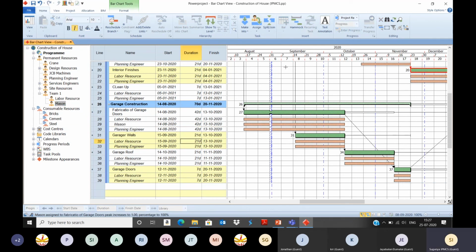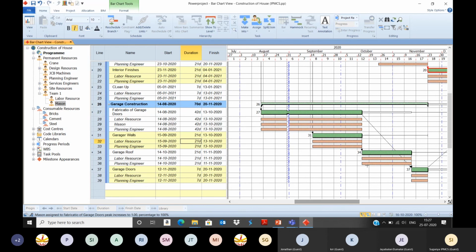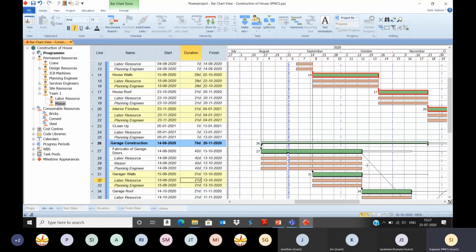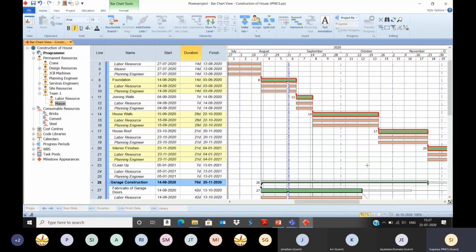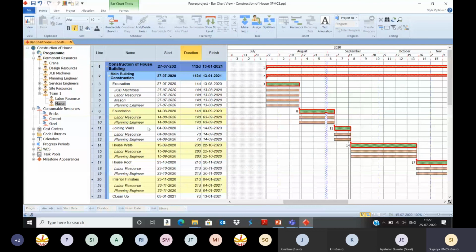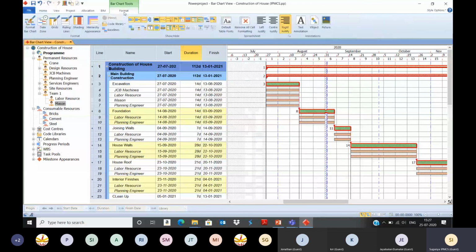So this is how you'll be assigning the resources for all the activities. And also here in the bar chart, if required, you can view these resources. If it is not required, you can hide the resources. So go to Format tab. Here you have the bars, certain icons available. So here you can see the scheduled allocation.